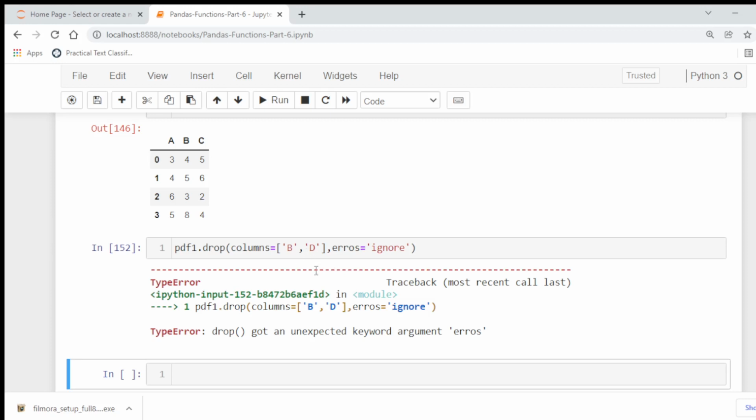Columns equal to this, pdf dot columns, and errors equal to ignore.